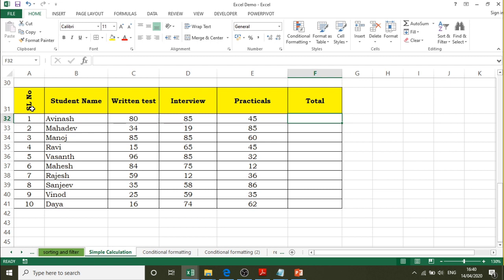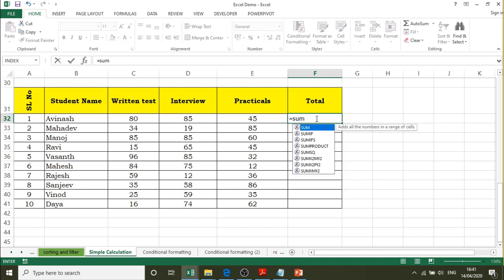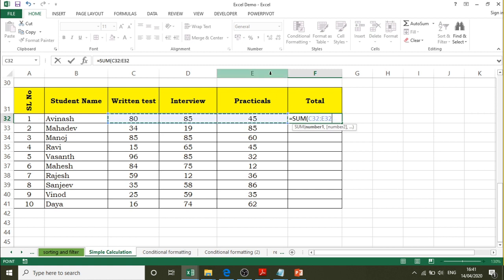In this example, you can see serial number, name, written test, interview and practicals. I want to add all these three, written, interview and practical, and find the total. What I am going to do is use the function like this, equals sum, starting cell address, ending cell address, that means C32 colon E32.